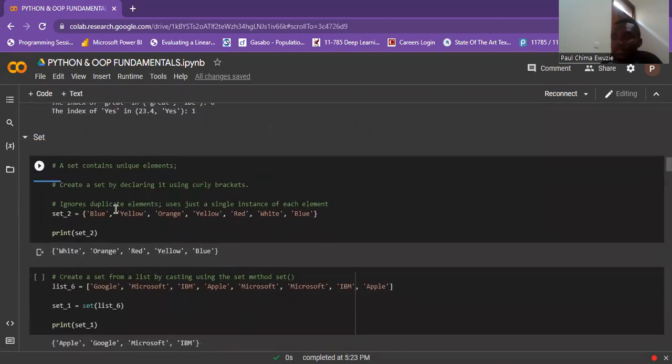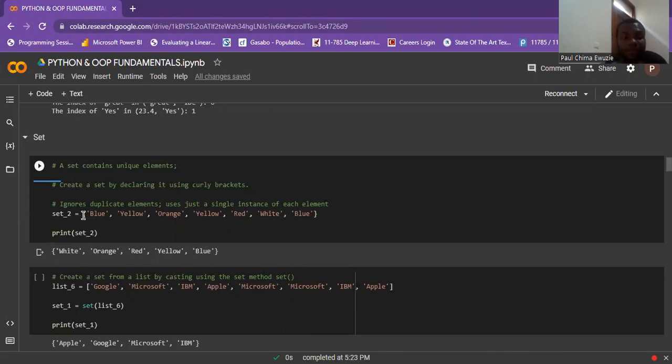Now next we go to set. A set is another data type which is unordered, immutable, and unindexed. Please note that a set being unchangeable does not restrict you from adding or removing items, as with tuples. Now, a set is created using curly brackets and contains only unique elements. That is, it does not allow duplicates. So if you attempt to add duplicated items to a set, the set simply removes them and returns only unique